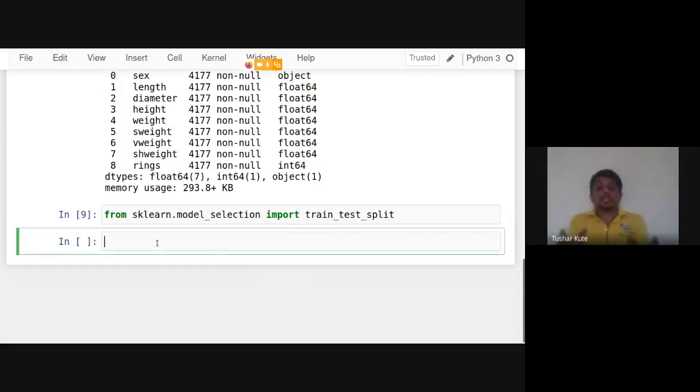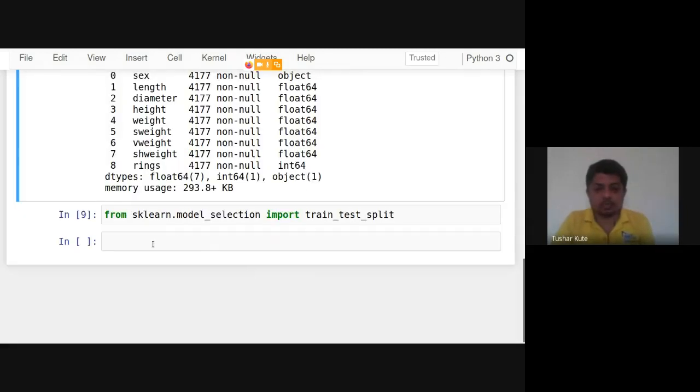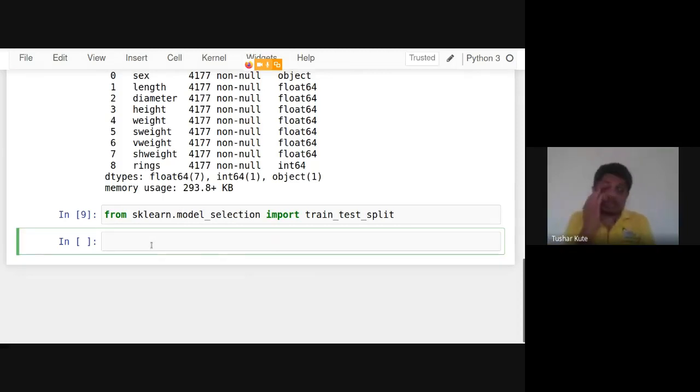Okay, and now we have to split your data. Before that, you can check how many entries are there. The entries are 4177. So 4177 is a very large data set. So we have to split almost 1000 entries in testing and 3000 in training. So training will take 75% of the entries actually.